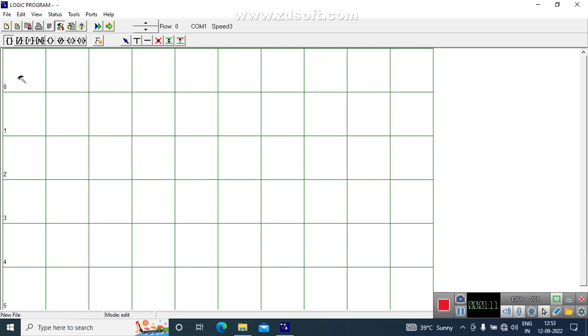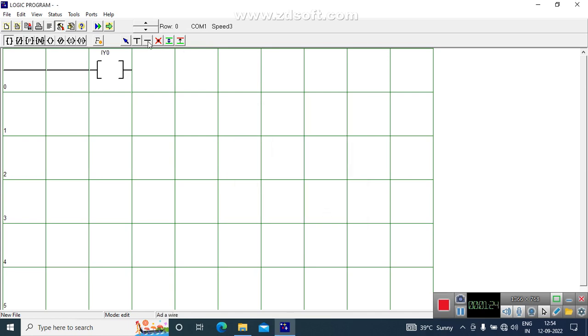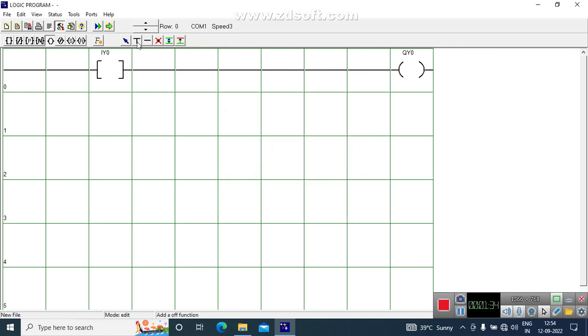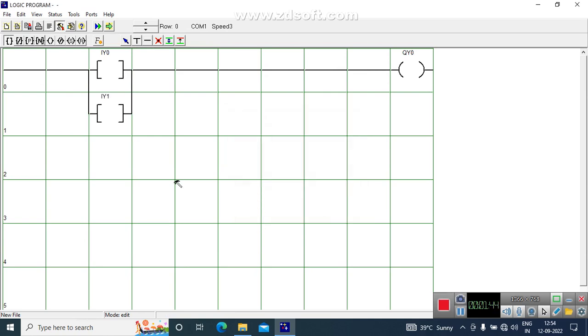some logic which we had only doing series, but now we'll show you some parallel connections also. So we do some parallel connection here, put output 0. Now this function is used for an OR. So basically you can put again input 1 and again